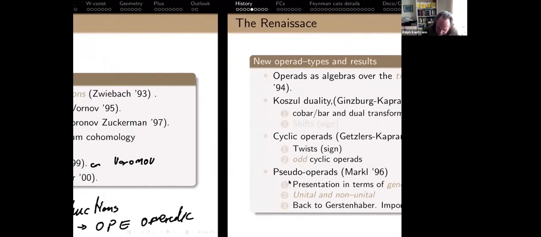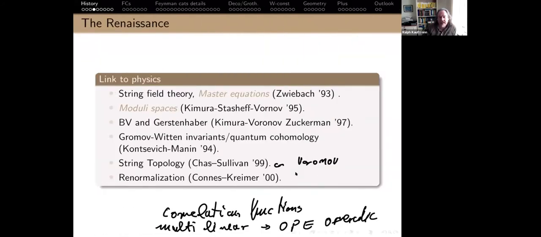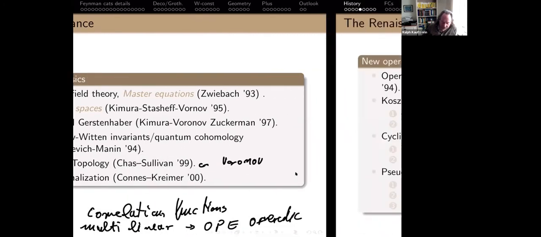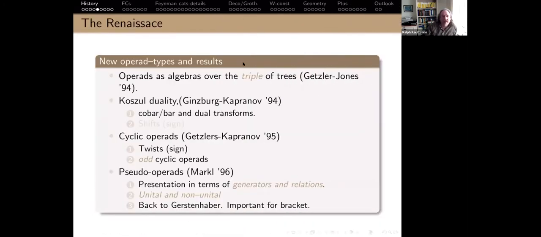What I wanted to say is that this introduces Hopf algebras, and I wanted to write Loïc Foissy's name there. All right. So then going on from that, I don't know if this was part of the Renaissance, but this was something expanding the universe. So the operads were reconceived, and somebody can tell me afterwards if this is right. I could trace it back to triples in Getzler-Jones in '94. Then Ginzburg and Kapranov introduced Koszul duality, the cobar and dual transforms. And they had signs which are shifts, and this is light gold. You can't see it. In a sense, this leads you a little bit astray in my point of view.